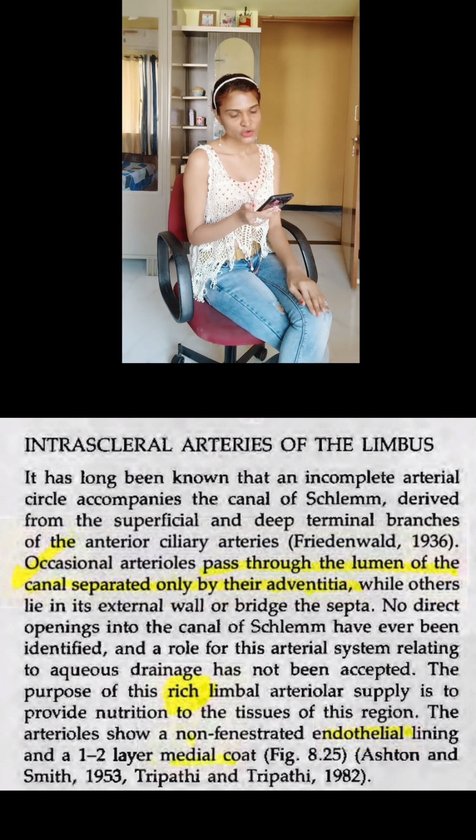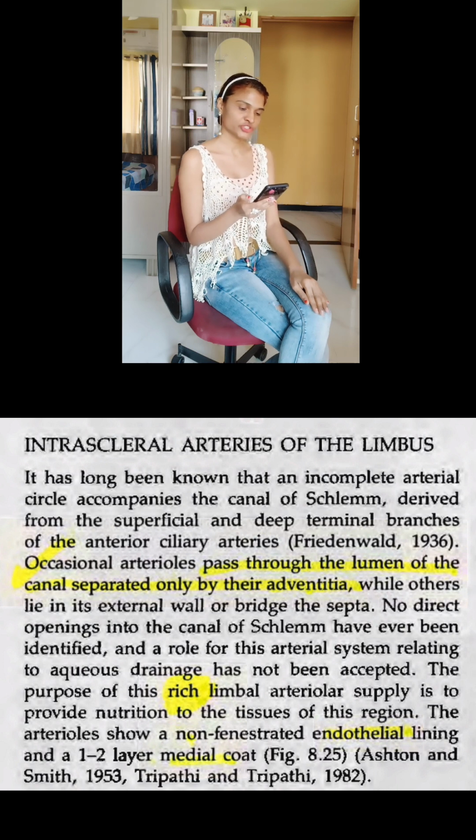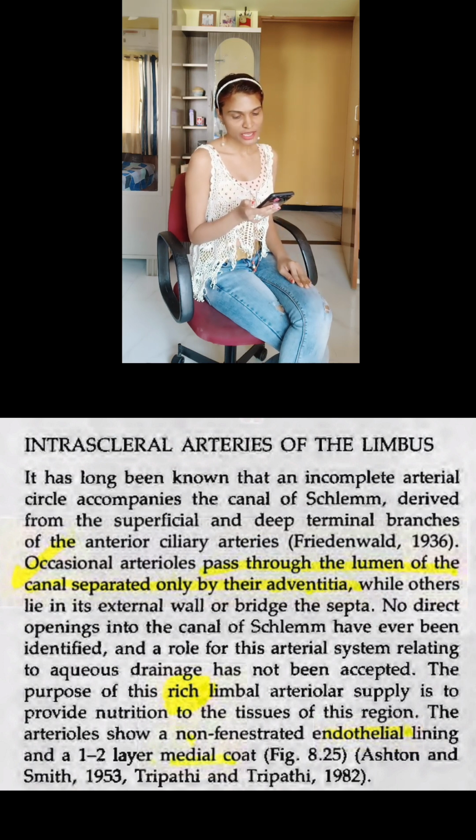Intrascleral arteries of the limbus. It has long been known that an incomplete arterial circle accompanies the canal of Schlemm, derived from the superficial and deep terminal branches of the anterior ciliary arteries. Occasional arterioles pass through the lumen of the canal, separated only by their adventitia, while others lie in its external wall